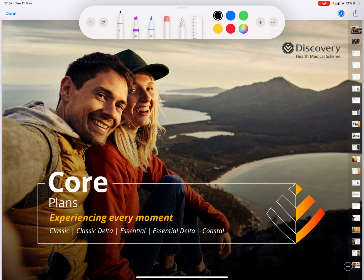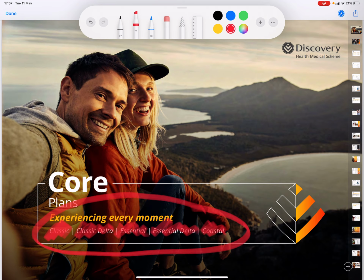These options provide in-hospital cover only and are best suited for people who have no need for out-of-hospital benefits or a very limited need thereof. These options are divided into several categories, namely the Classic, Delta, Essential, Essential Delta, and Coastal. The difference between these options is basically the hospitals that you can go to and also the base rates that they pay in hospital. So when choosing a medical scheme, it's always important to think of the cover that you